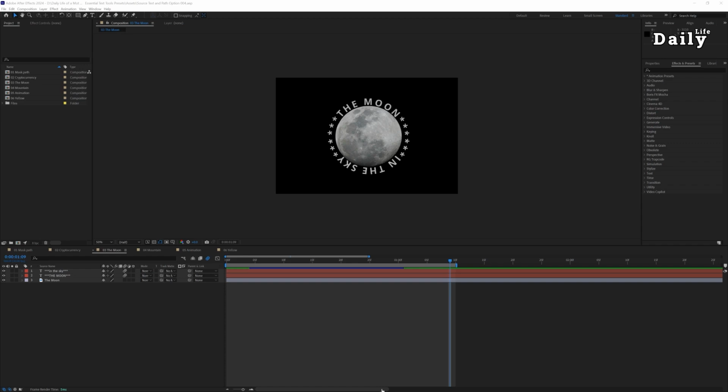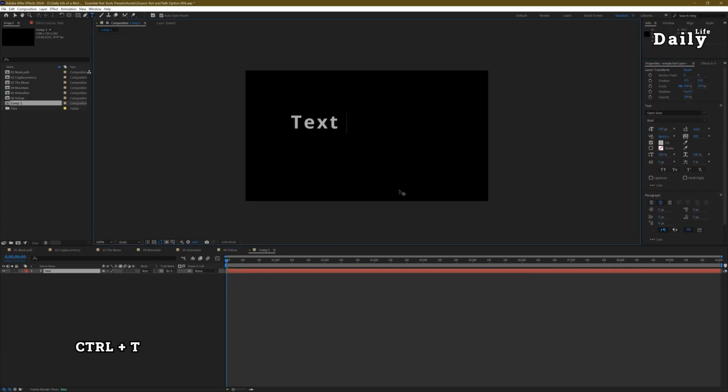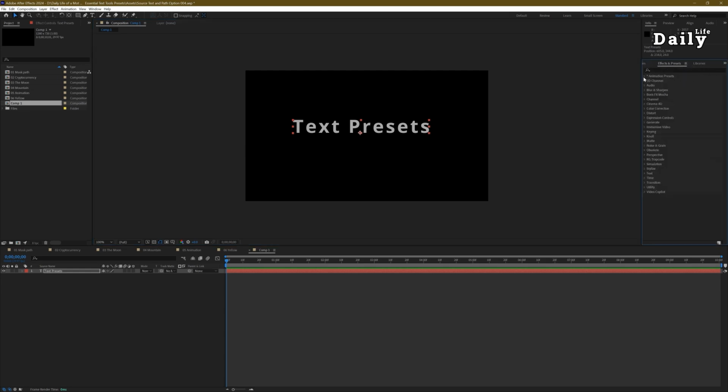Let's explore more presets in the Effects and Presets panel. Open a new composition. Write some text. And go to the Animation Presets. You will find folders with tons of presets for images, shapes, or text layers. Open the text folder and inside you will find options for different types of text animations: 3D, intros, outros, path options, and more. Let's try the Fade Up and Flip preset.